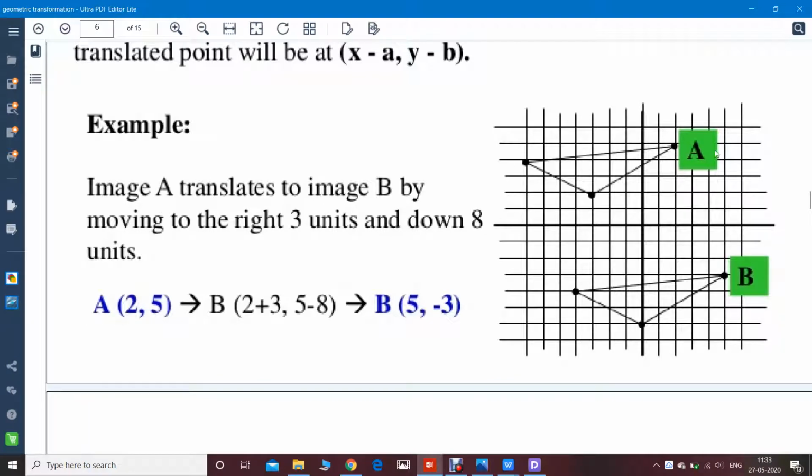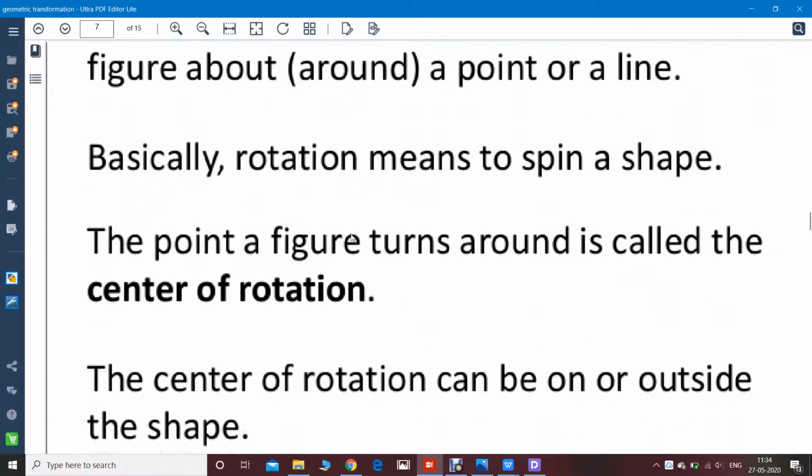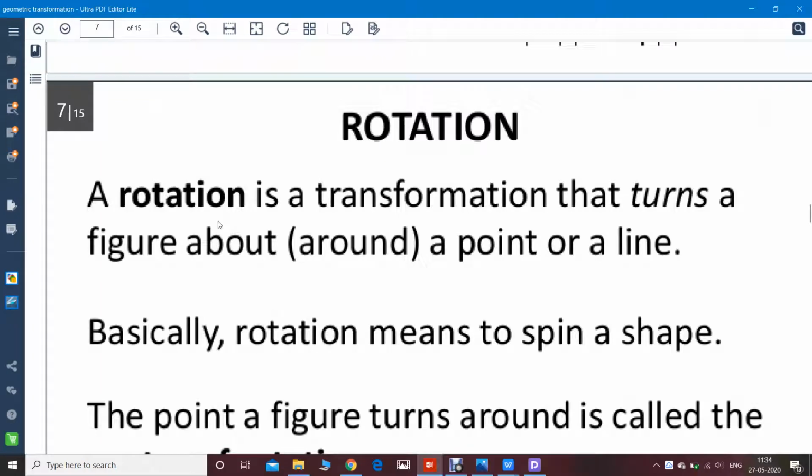As you can see, this image is translated to this image, moving 3 units right and down 8 units. Image A is at 2 and 5, and now image B is at 2 plus 3 and 5 minus 8, that is 5, minus 3. Now rotation. A rotation is a